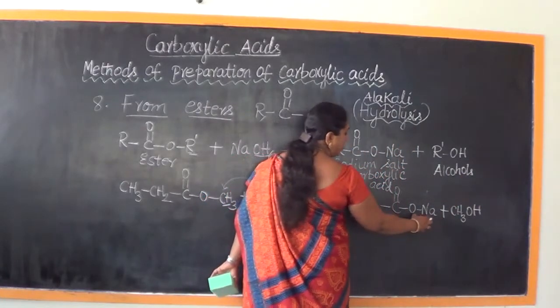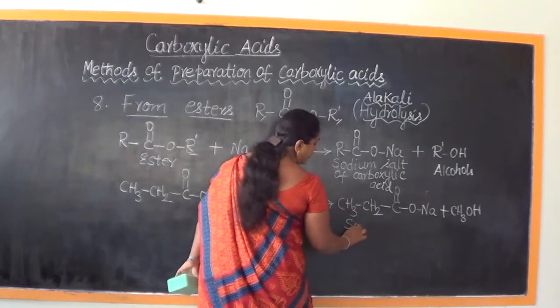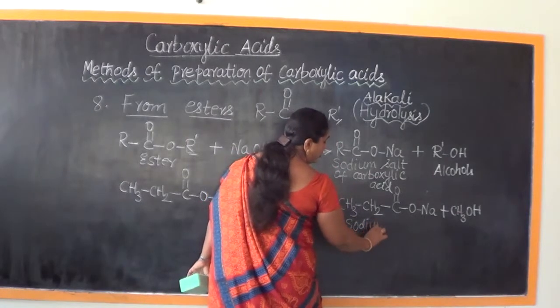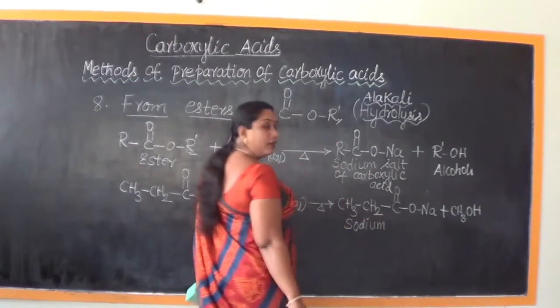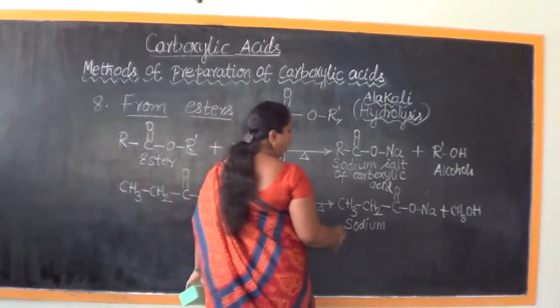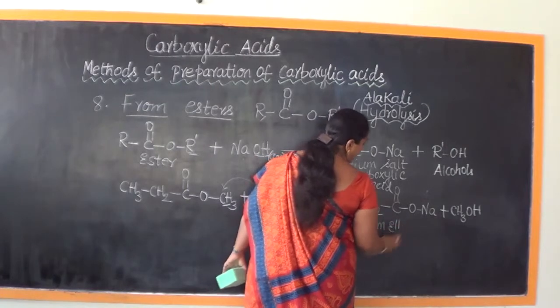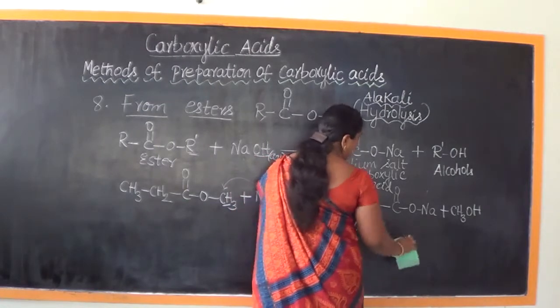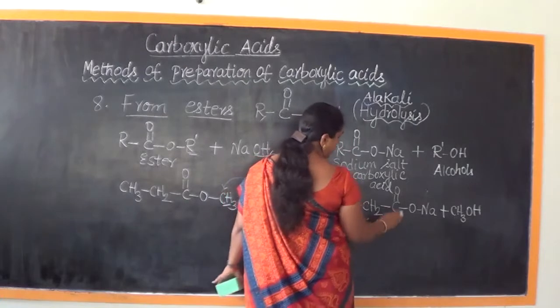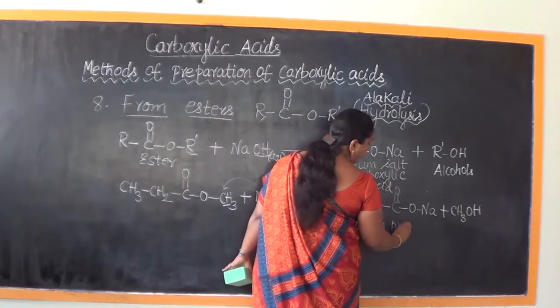Now let us name these compounds. This will be sodium, and what is the alkyl group that we have now? This is the ethyl group. So sodium alkanoate, like that we should match a name. So it's going to be sodium. This carbon atom also has to be accounted for. So sodium propanoate.